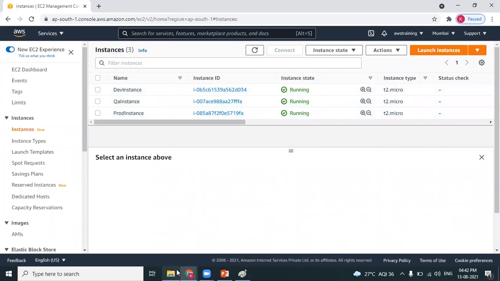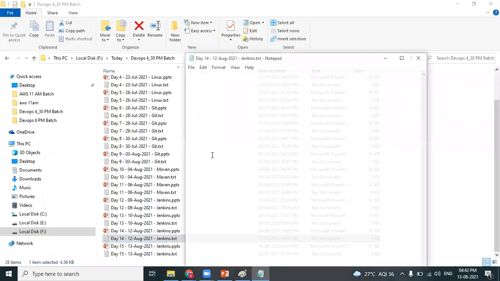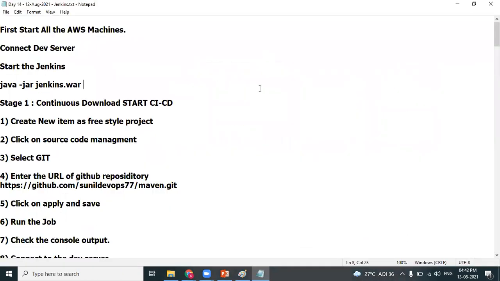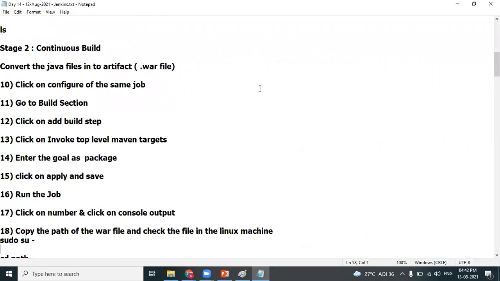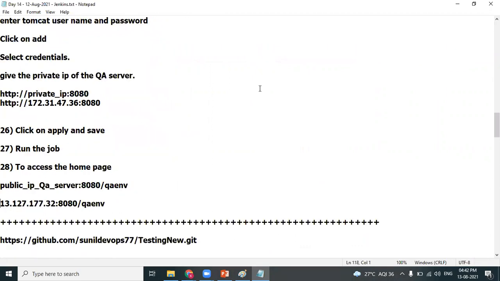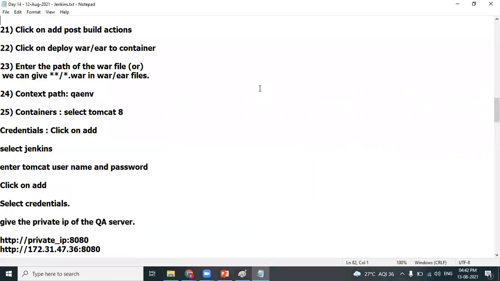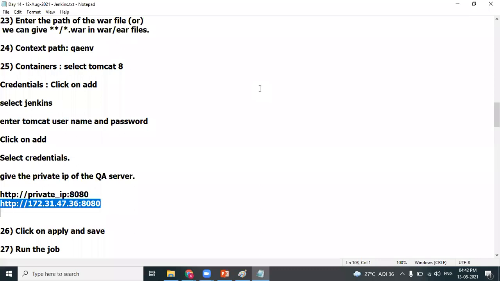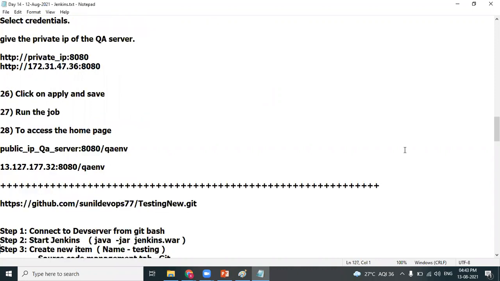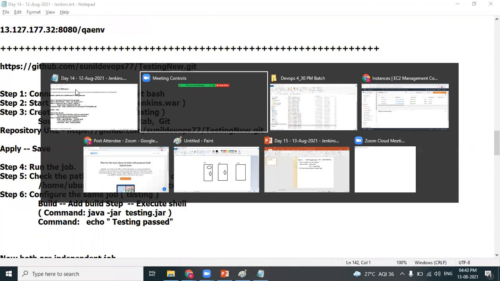Do you mean the path on which it is running in the QA instance? No, not this path. It's a job path, the pipeline. Okay, let me log into the dashboard.